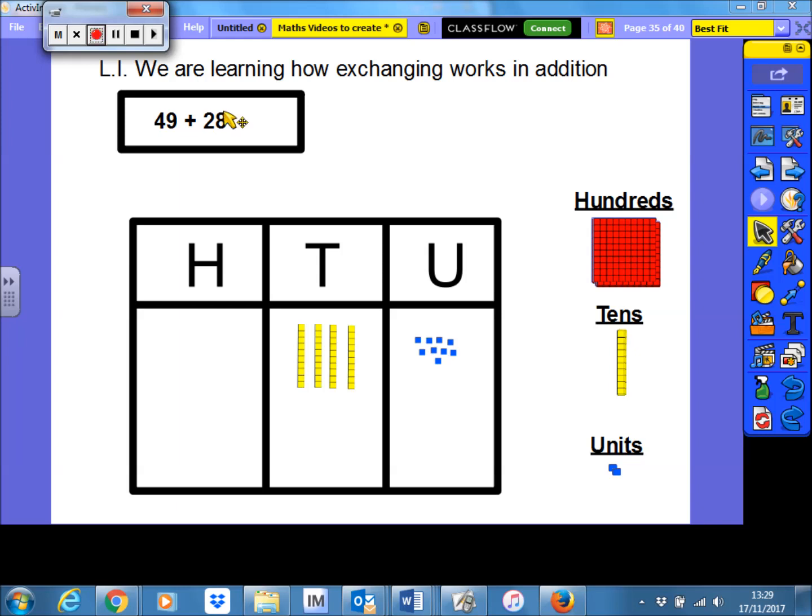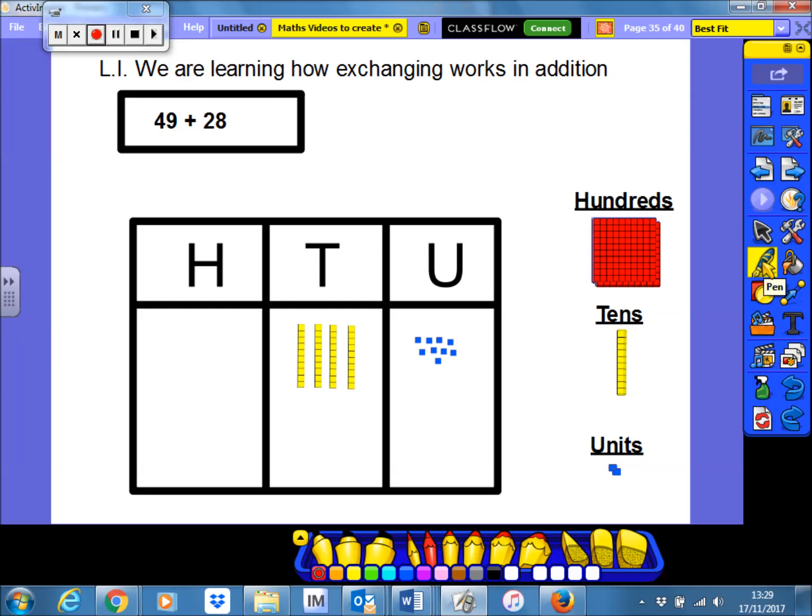Now, if we were to write this as a formal addition sum, it would look something like this. We'd have 49 plus 28. And the first calculation we would be needing to do would be 9 plus 8 here. So that's what we're going to be looking at first. Now we've got 9 here, and what we're needing to do is add 8 units onto this column. Now 9 plus 8